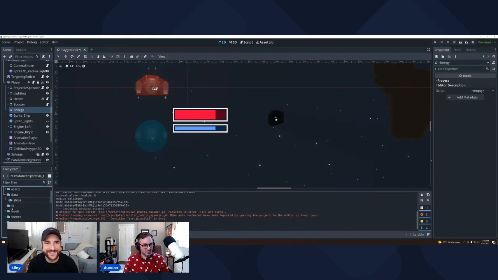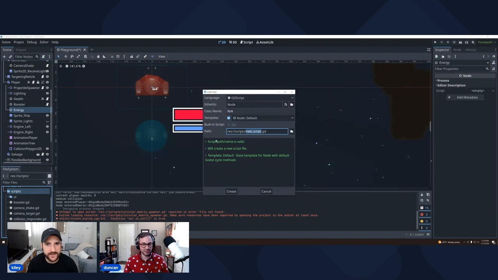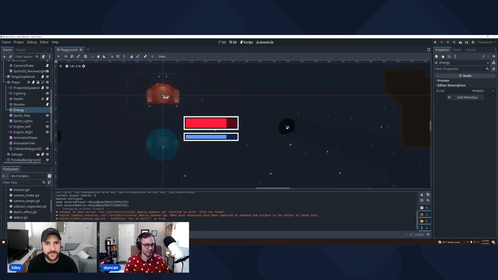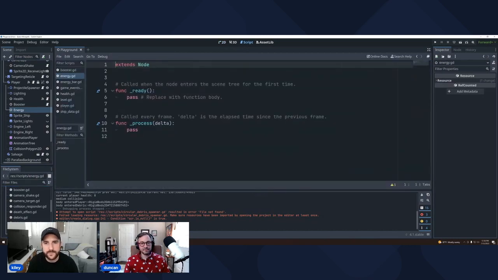And then we're going to add a script as well, right? The script is how you give things interactivity or functionality. So we'll have it inherit from Node, call it energy, and hit create. And we'll flip over to the script window. One thing that's pretty cool about Godot that they've recently changed is it's all one window, and it has its own script editor. You can use VS Code if you want, but I've found that this one works pretty well.